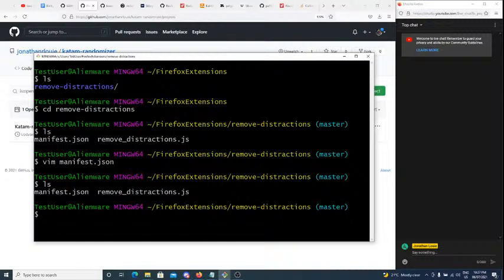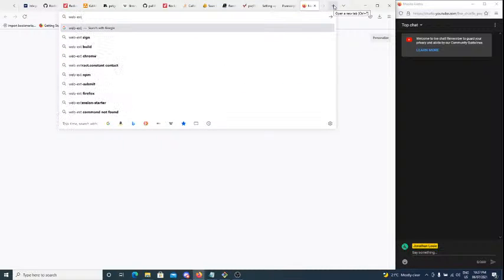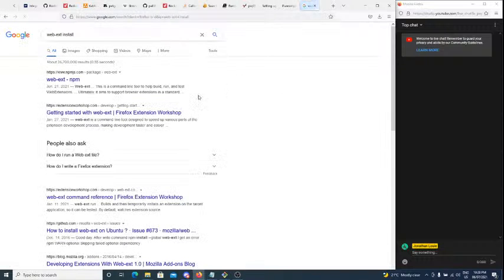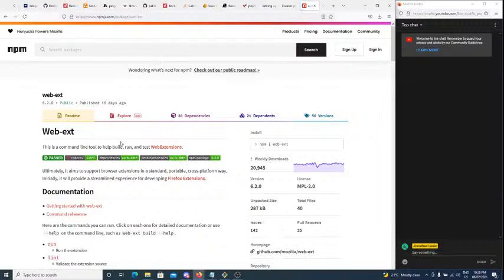It's so simple. Now, actually using the extension is a little bit more tricky, and that's something that I haven't done yet. So let me look up, oh gosh, what was it called? WebExt install. Yeah, so you want to install WebExt.